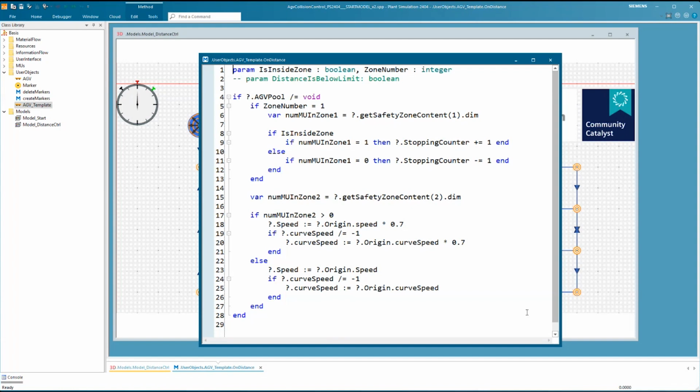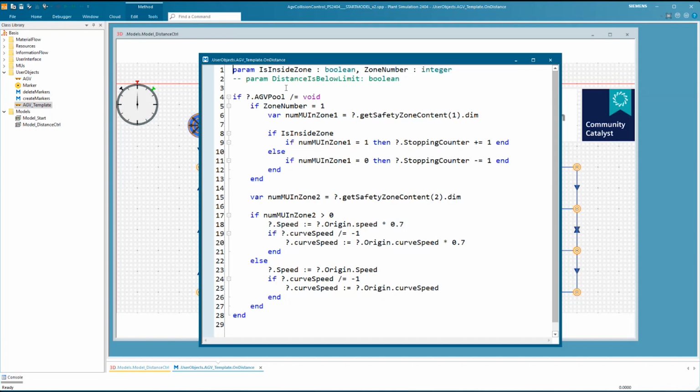And so this is the template code for the distance control, which is probably the biggest method template that we have in Plant Simulation. I think at least I can't think of a more complex one off the top of my head.